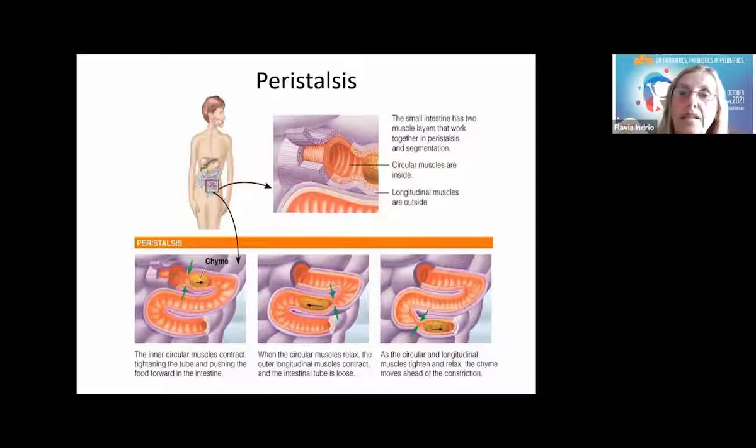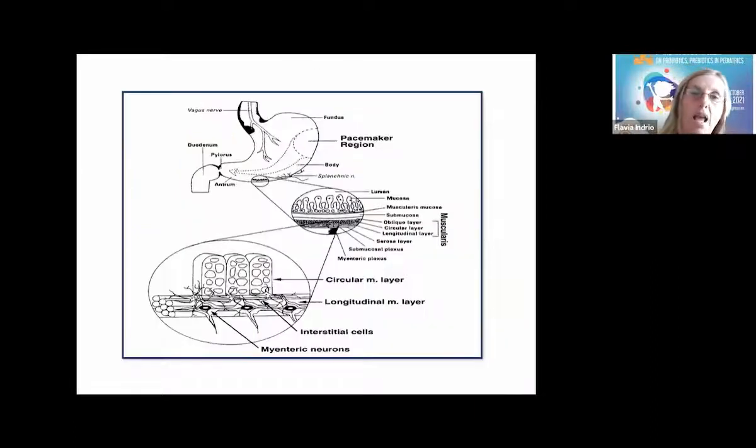So muscle layers that are circular and longitudinal, and the contraction and the adequate regulation of this contraction allow the bolus to go through the intestine until the very end. This is a scheme where you can see that these two layers of muscle cells are